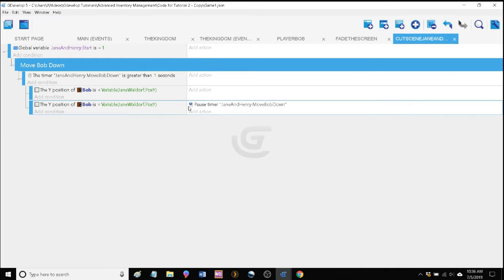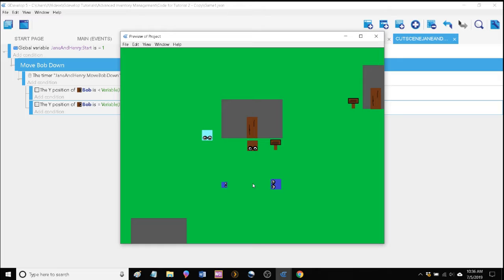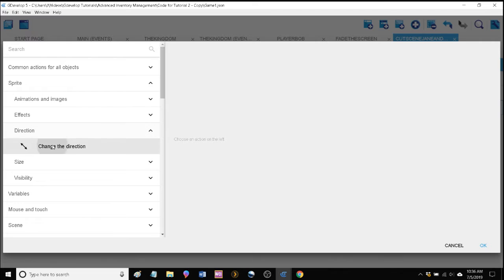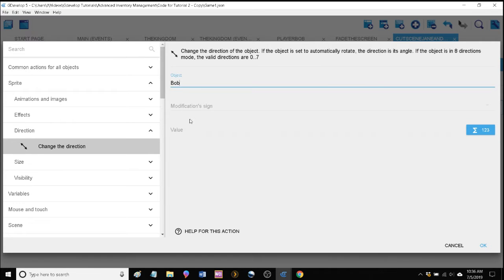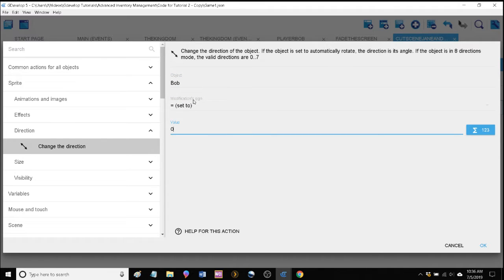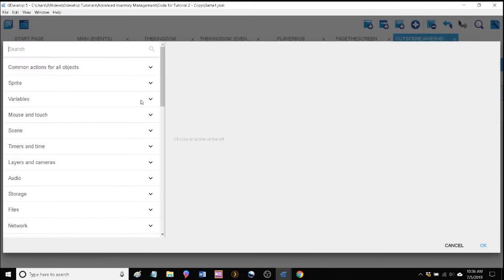All right, the last thing I want to happen here in this sequence is I want Bob to move his head to the right so that he can address, or Jane can address him. Okay, so that's easy enough. We just change the sprite's direction, change the direction of Bob, and facing right equals 0 degrees, so equals 0. And when it's less than, we want to move Bob down, so we'll say